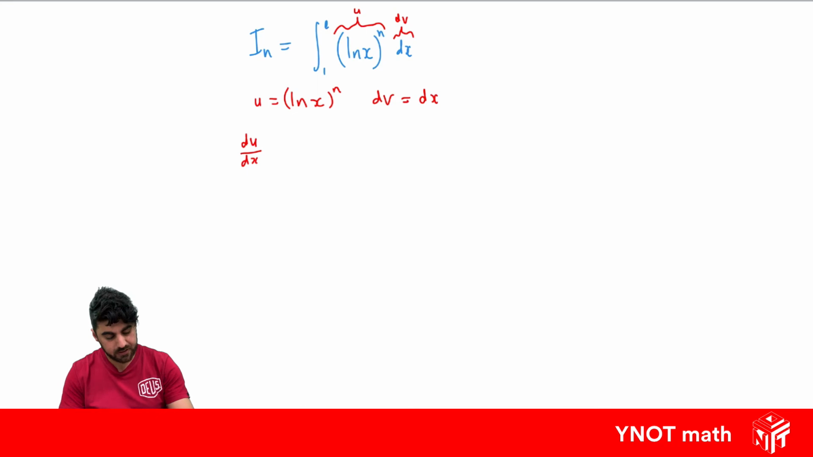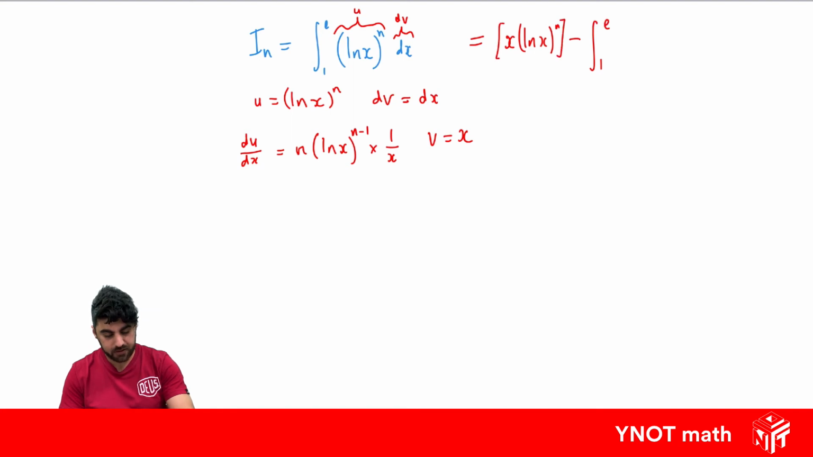So we'll have du/dx equals n, to bring the power to the front, times ln x, subtract 1 from the power, and times by the derivative of what's inside, so we get 1 on x. The integral of dv is v, and the integral of dx is just x. Now we can rewrite this integral as u times v, so we get x times (ln x)^n,